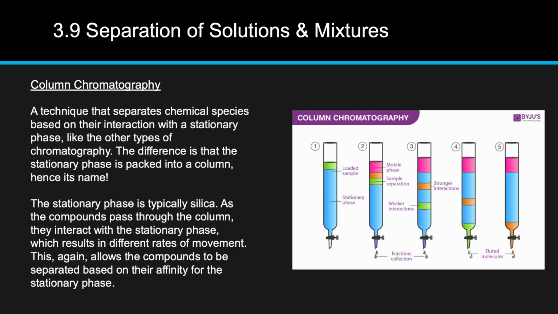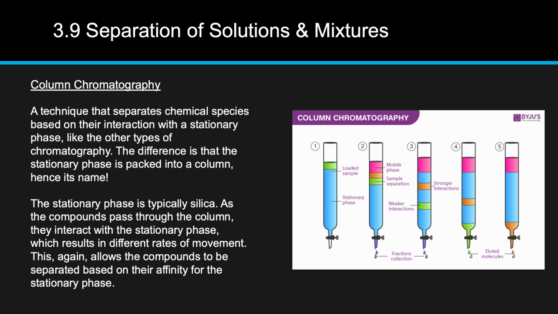All right, so the first two types of chromatography, we had some sort of material and the solvent was moving upward along the material. In column chromatography, we have a glass column that is filled with a stationary phase, and we are putting the sample on top and letting gravity move that sample through the stationary phase. So this one is a little bit different. The main difference with column chromatography is you can actually collect your sample